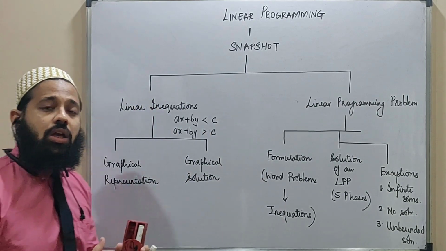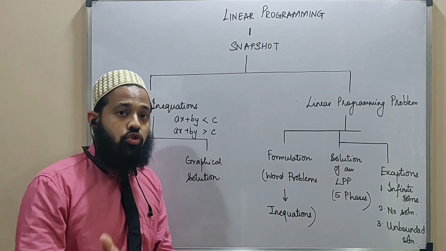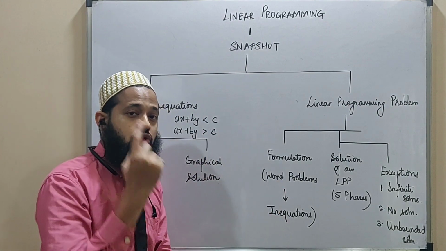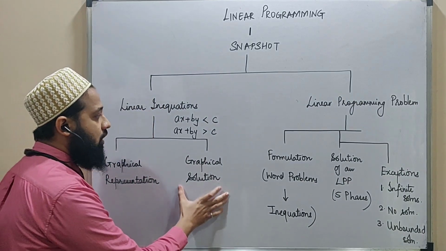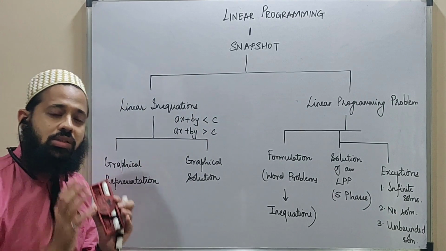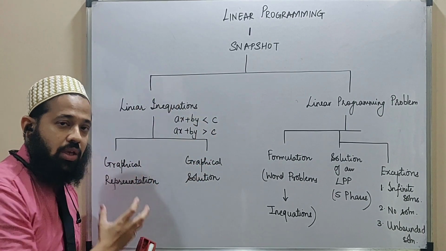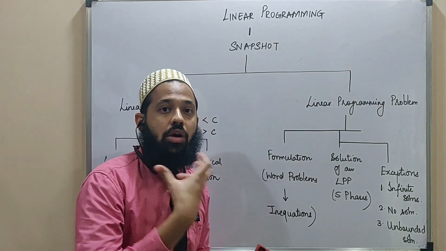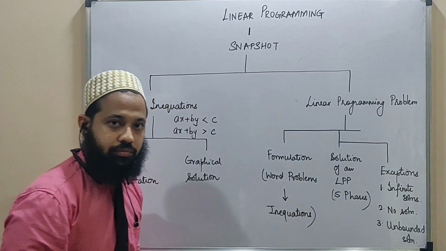And once I take up multiple such inequalities and try to solve them, earlier you used to solve simultaneous equations graphically, so you used to get 1 point as the answer. Similar to that, you do graphical solution for linear inequalities as well. Now this entire concept is applied in real world problems. So that's what makes linear programming problems.